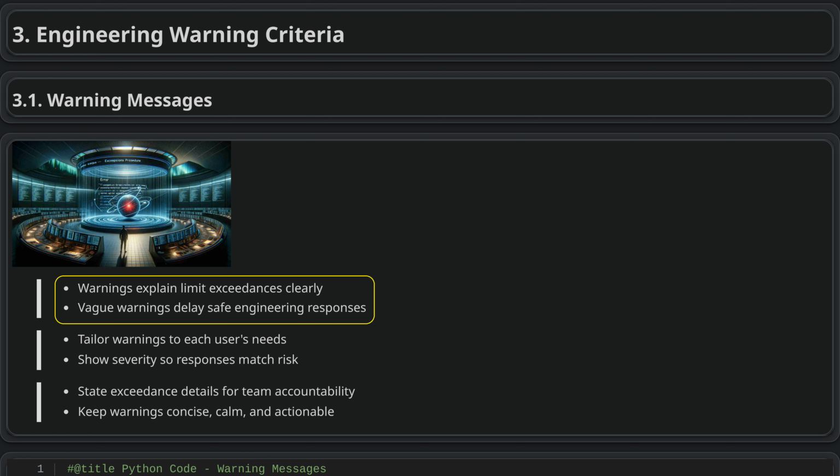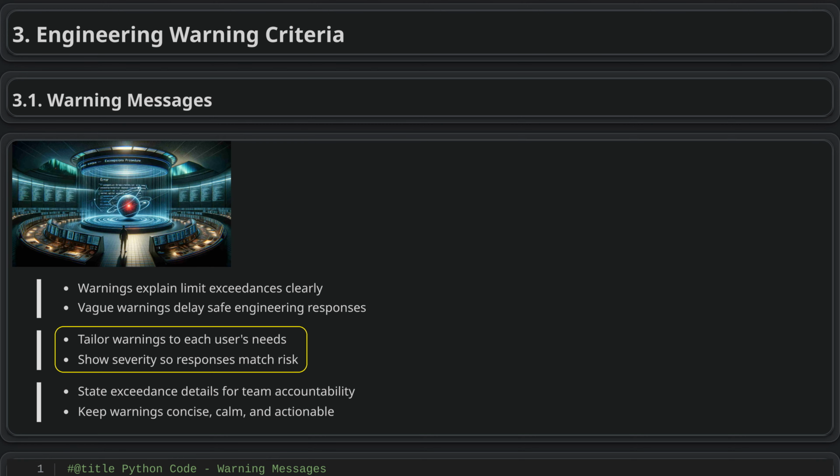Because vague messages can delay responses and increase safety or performance risks. Warning messages should be tailored to the user's role and level of detail needed. Engineers may need specific component or standard information, while supervisors may only need a clear indication that a threshold was exceeded. Each warning should connect the condition to the relevant engineering standard and distinguish minor issues from critical risks, so